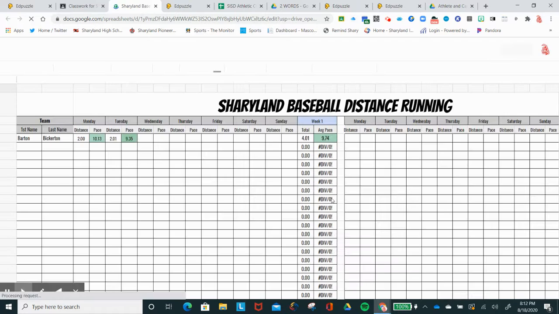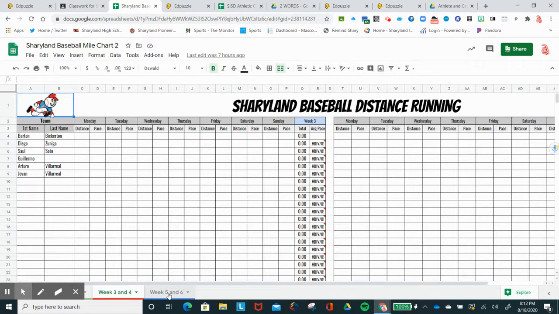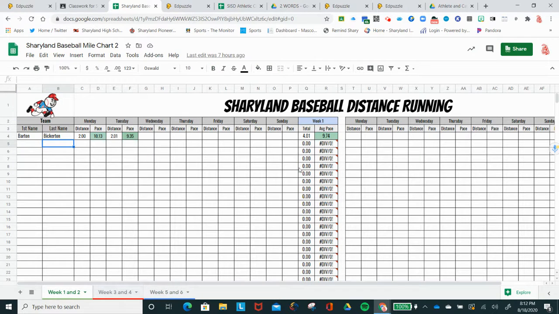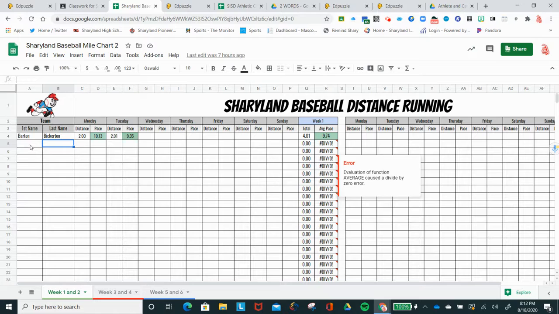And then this, all you need to do is change the Sharyland baseball, change the logo that you're going to see over here, and then you can just have your kids come in, and if you share the link with them, then they are going to be the ones who come in here and put their names in, put their distance. So this week, Monday I ran 2 miles, Tuesday I ran 2 miles, and then these are the paces. And I've already got the formulas in there to where it'll do the whole thing. And it'll go all the way up to, if you go down to the tabs at the bottom, so here's week 1 and 2, and it's going to tabulate everything, 3 and 4, and then 5 and 6. So you just need to get rid of these up here. If you don't know how to send this as a link to the kids, then just let me know, get a hold of me.